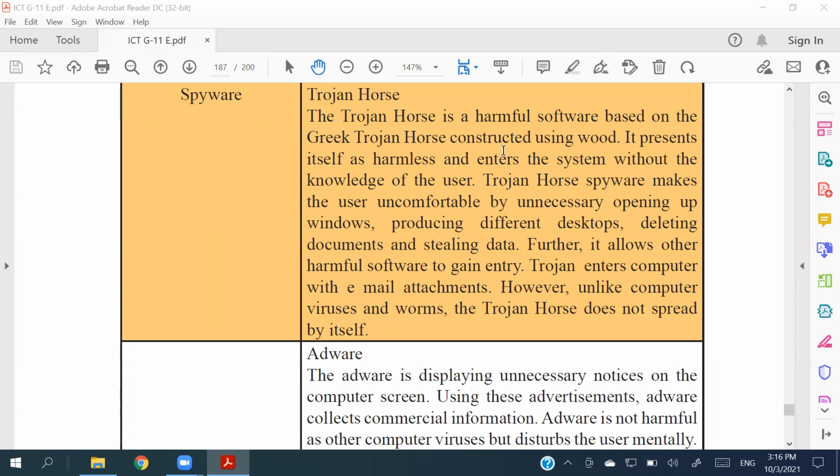Right, so we will see that something genuine is being received by us, but with that genuine thing there can be a Trojan horse as well, right? So when we are installing it, the Trojan horse is also installed into the computer without alerting us, right? So it gets installed with our permission.